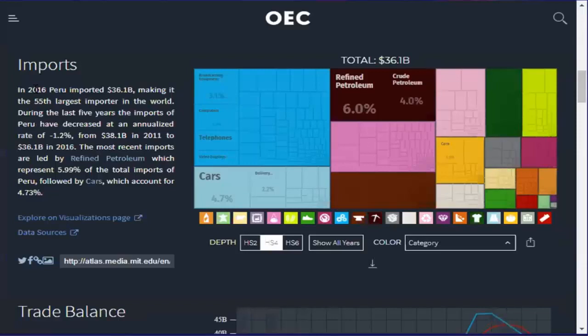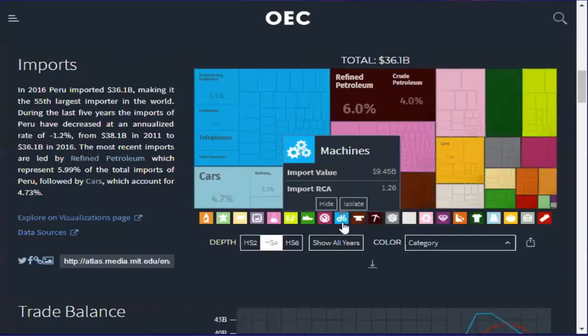Okay, so we can see the amount that Peru imported in 2016: $36.1 billion, and we were the 55th largest importer in the world. So first of all, we have the color sky blue. Sky blue means that it is machines, and if you just put your mouse on the logo,